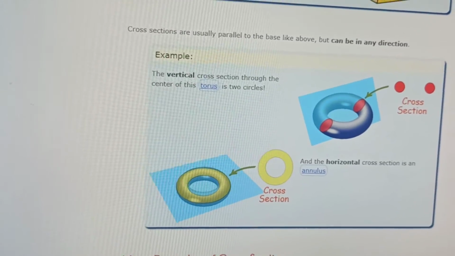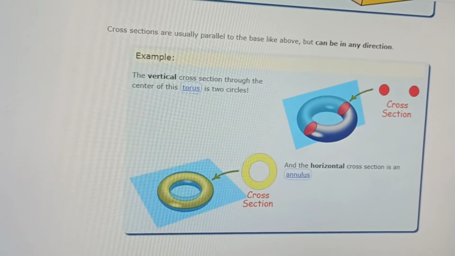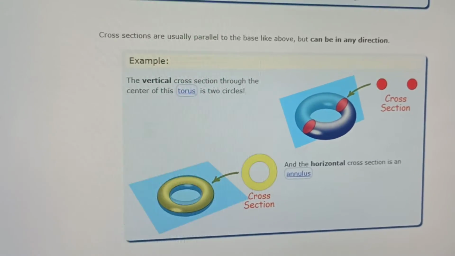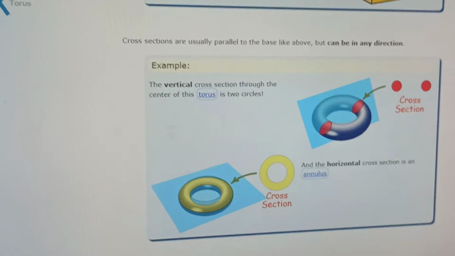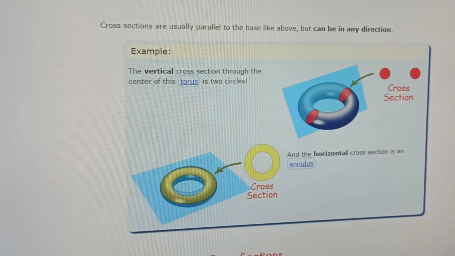See more. Cross section are usually parallel to the base like above, but can be in any direction, vertical as well as horizontal. So see here, with this the cross section is shown.